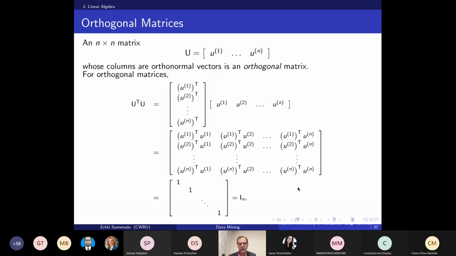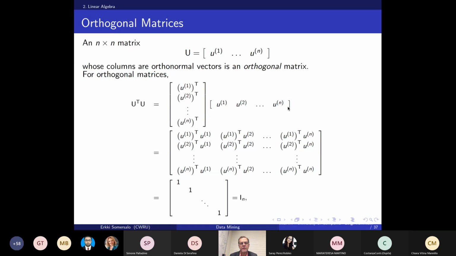So now we have the concepts pretty much in place, and so now we look at the singular value decomposition. Before that, I have to define what an orthogonal matrix is. If you have a set of orthonormal vectors u1, u2, etc., un in Rn, and I collect them in the columns of a matrix U, then I have what is known as an orthogonal matrix. Orthogonal matrices are characterized by the very nice property that the transpose of the matrix is the inverse of the matrix. So here is why.